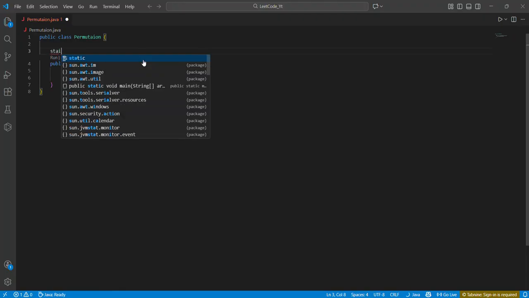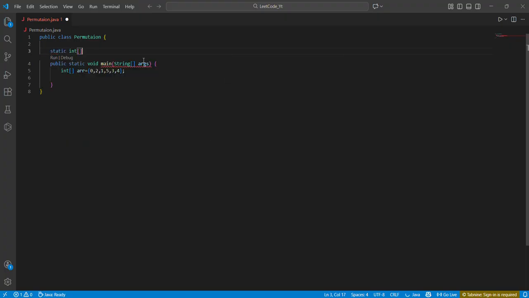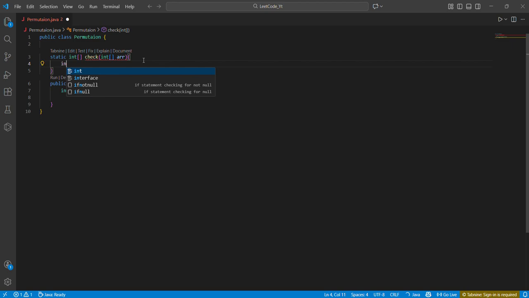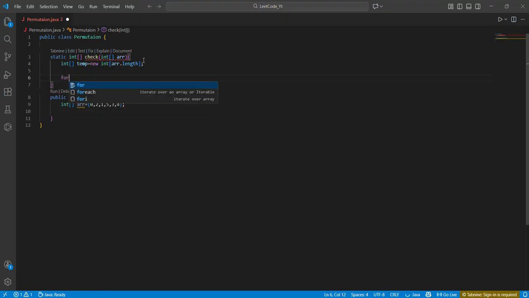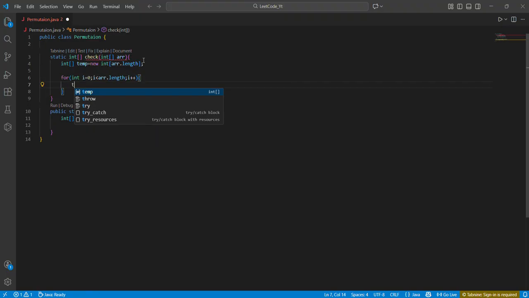First, create a static method, and the return type is an array. Give the name of the method and array. Create a temporary array as a temp variable. We use new int, basically the length of the array. So create a for loop to traverse each element in the array up to the array length, to store that in a temporary array